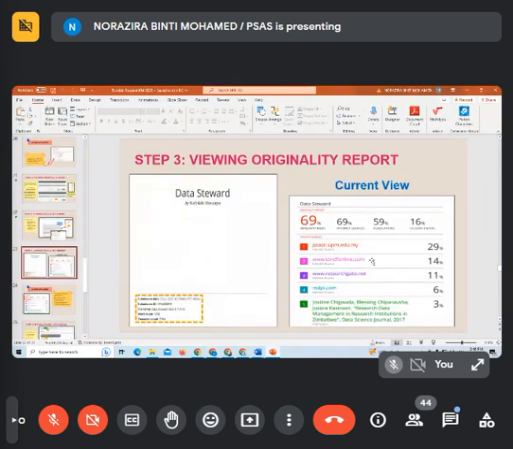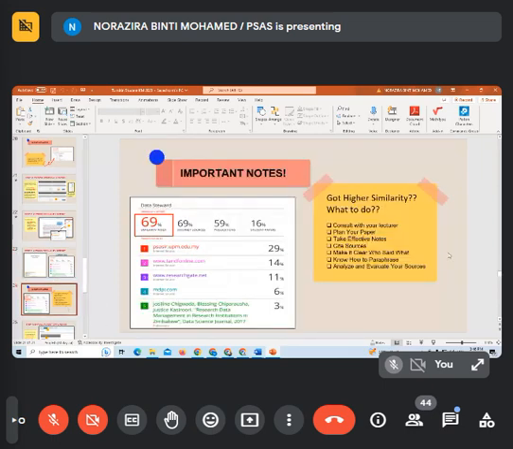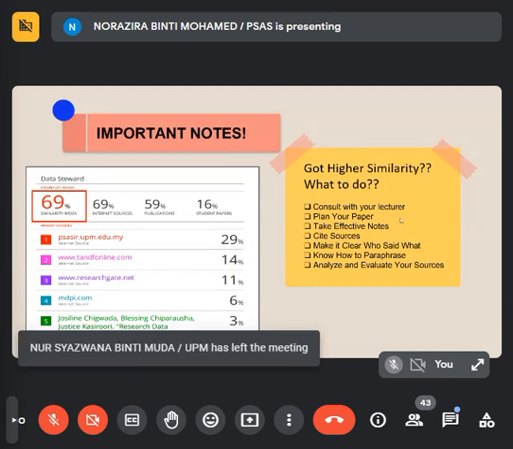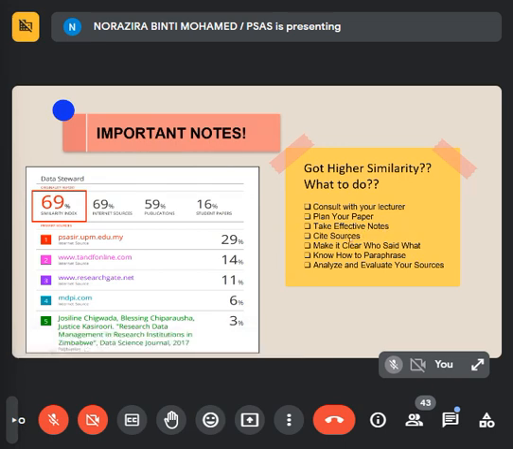This is the percentage here. If you got higher similarity, what to do? Like this one, they got 69 percentage. It's more than 30 percentage, which is acceptable by UPM. So what can you do? You can consult with your lecturer. You can plan your paper. You can take effective notes. You can cite sources. Once you cite the sources, it will not be included